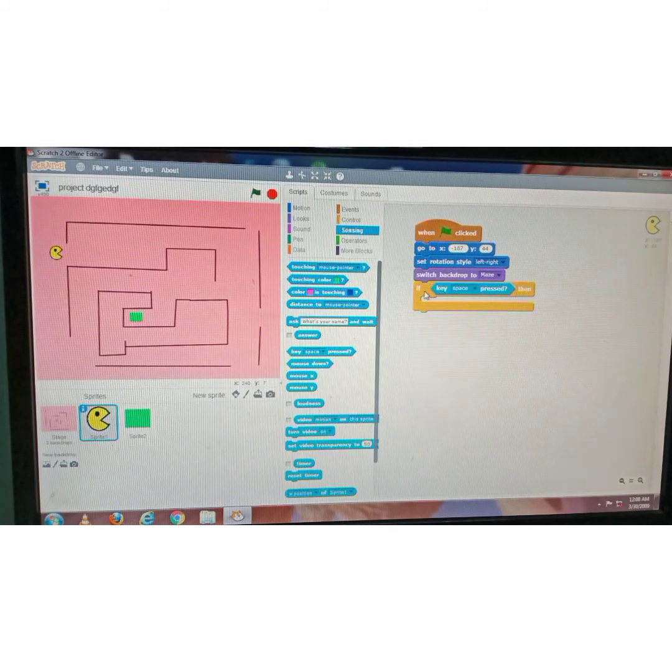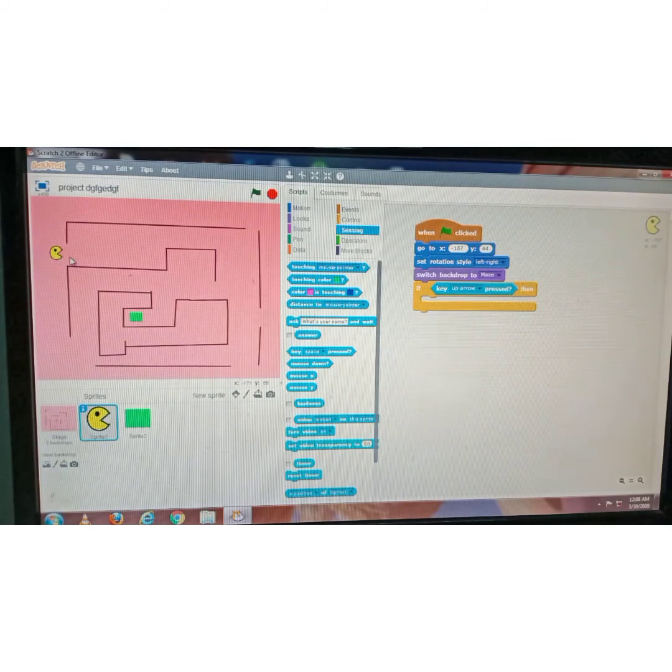If key, for example, we're going to use the arrow keys from the keyboard: up arrow, left, right, and down arrow key. So if key up arrow pressed, then let's change the value of y